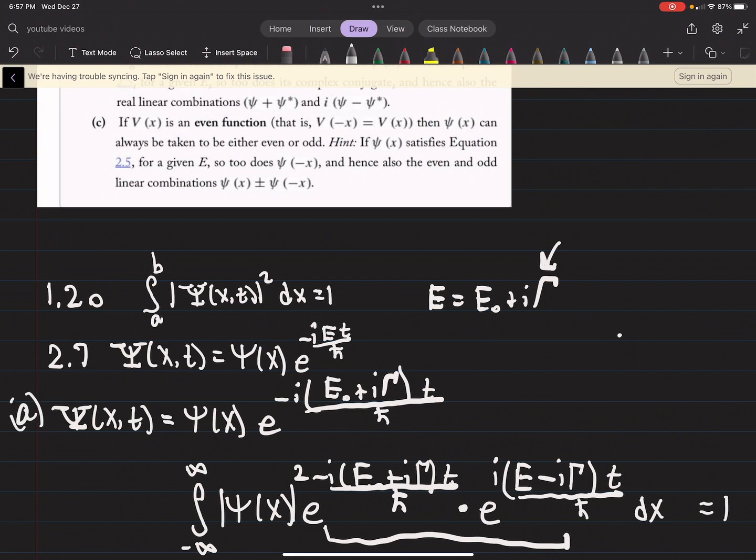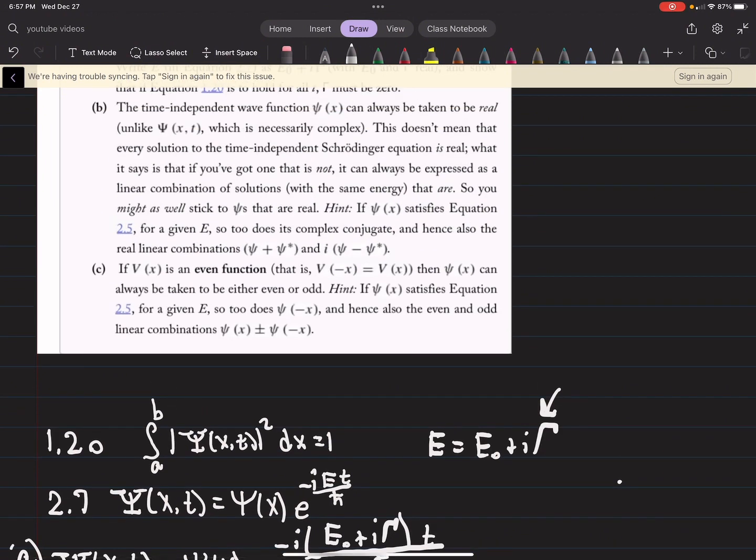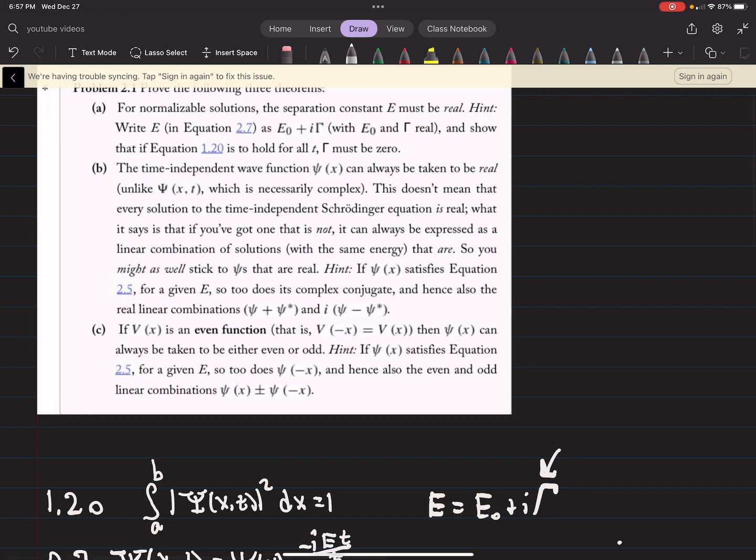Part B says that the time-independent wave function can always be taken to be real. It doesn't mean that every solution is real, but if you have one that's not, you can express it as a linear combination of solutions that are real. So you might as well stick with psis that are real. It gives us a little hint here, and it says